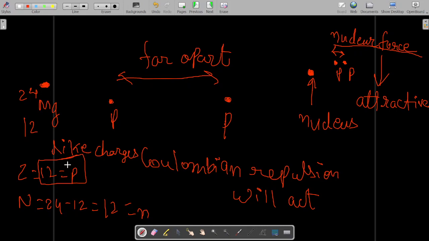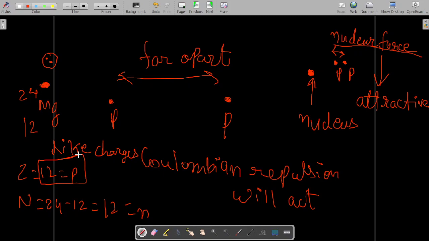So even after having like charges, how are these 12 protons being filled inside the nucleus? That is the question. Despite having like charges, when they are filled inside the nucleus, the distance between them is such a small distance. At that small separation, every two protons attract each other instead of undergoing repulsion.